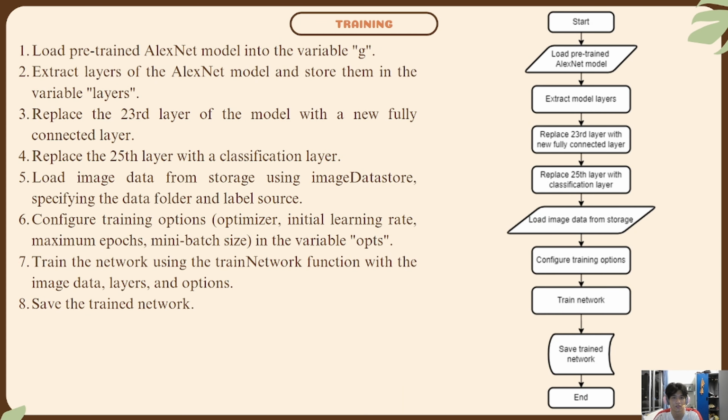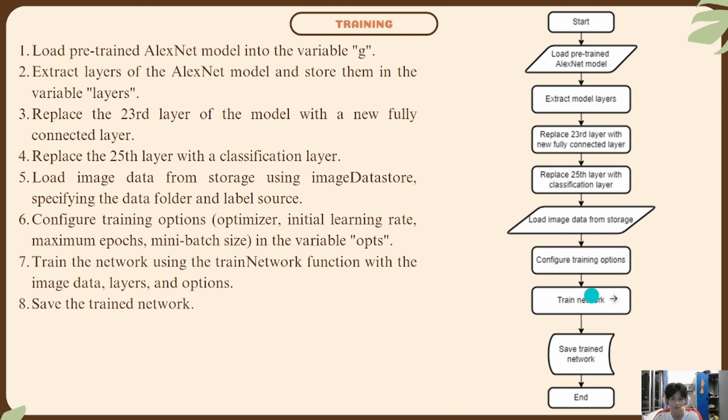So this is our training flowchart. First, we load the pre-trained AlexNet model into the variable net. Extract the labels of the AlexNet model and store them in the variable label. Replace the 33rd layer with a new fully connected layer. Replace the 35th layer with a classification layer. Load image data from storage using the imageDatastore. Specify the data folder and label source. Configure training options using the optimizer, initial learning rate, maximum epochs, and mini-batch size in the variable options, and